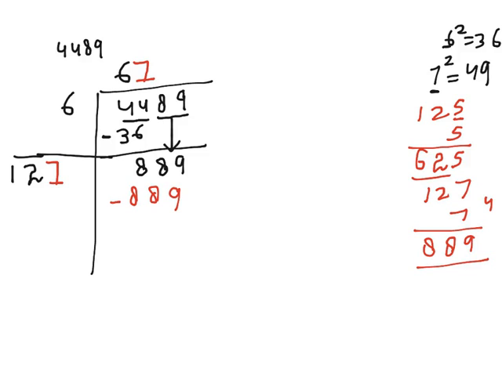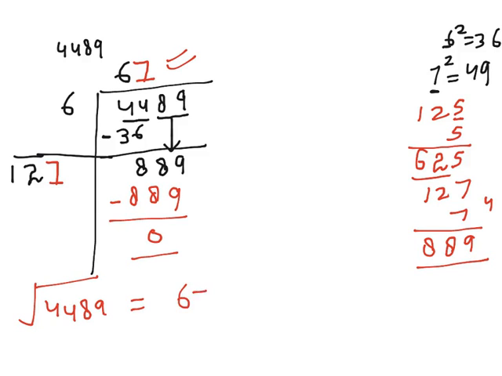Then what we will do? We will subtract and we will get the remainder as 0. So in that case, our answer is this 67. It means the square root of 4489 is 67. In the next example, we have to find out the square root of